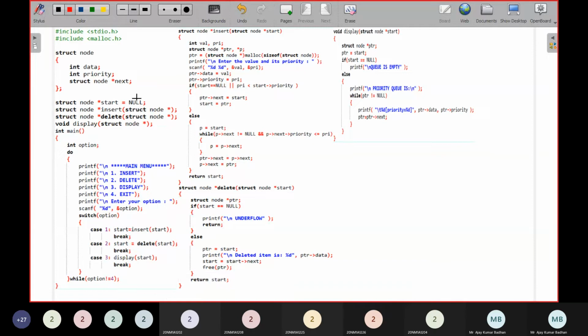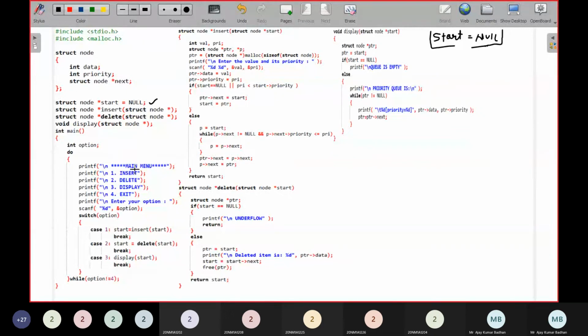So the first thing: first there are no options. There is no new node created. So initially, you know what is the start here? Start is equal to null. Remember this, okay? Initially start is equal to null. It is pointing to this particular location. Okay, that's fine. That is coming from this.